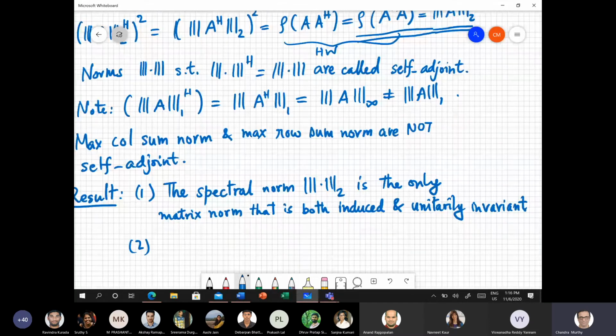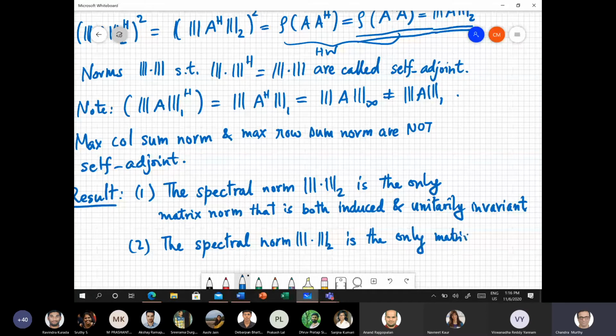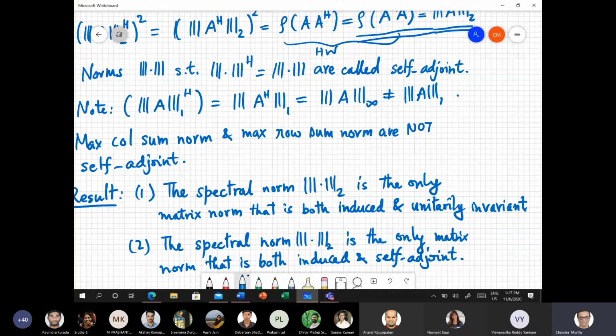The second property is that the spectral norm is the only norm that is both induced and self-adjoint. Okay, the proof of this is in the text, but these are again two special properties of the spectral norm,